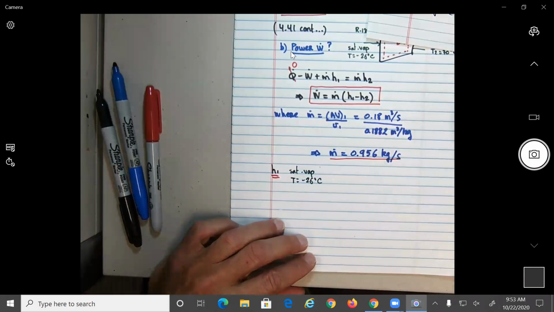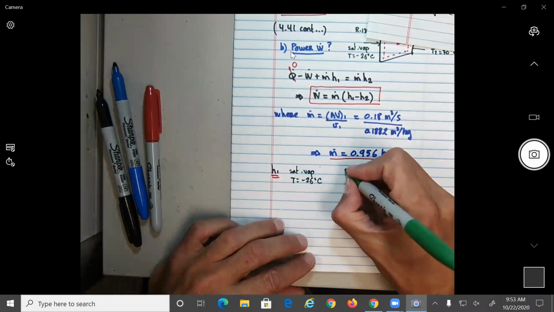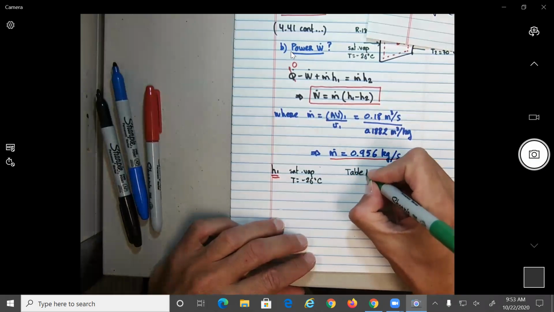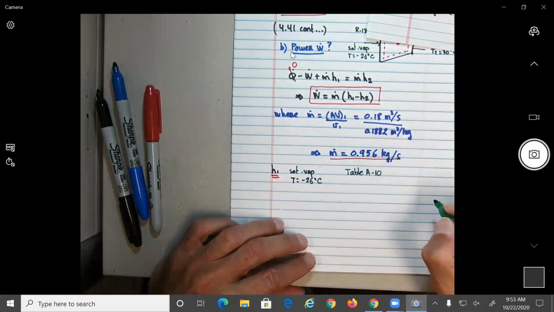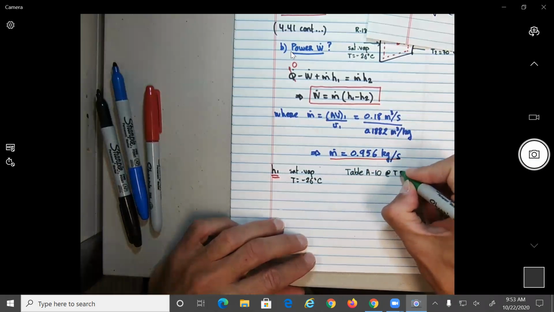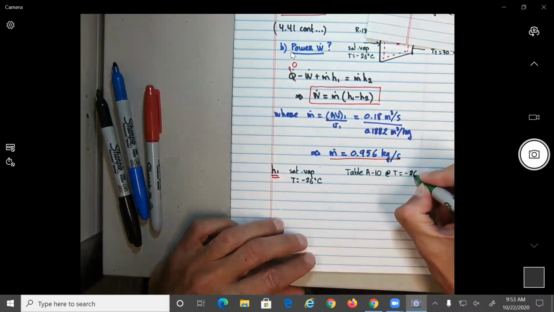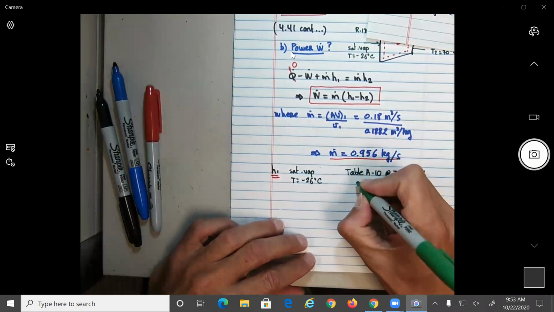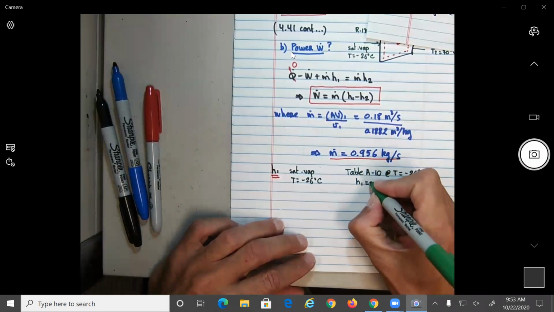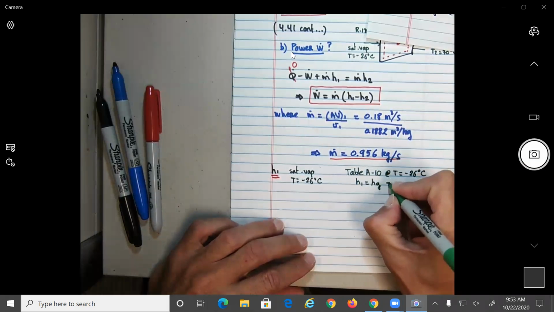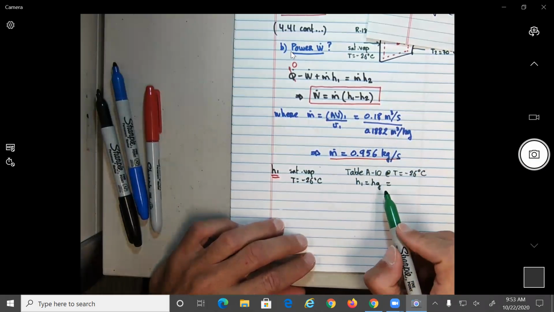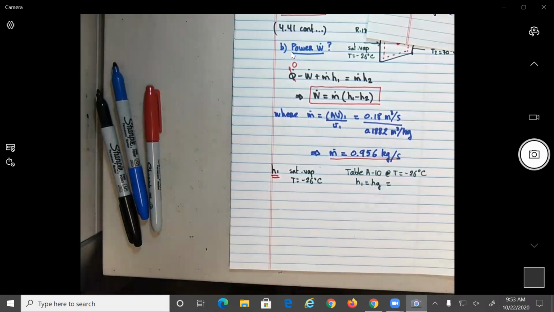So I think we need to go to table 810. We can do that now. At T equal negative 26 degrees Celsius, we're going to have that h1 is going to be equal to h sub g, because it's the saturated vapor, no? Okay, so if we do that,